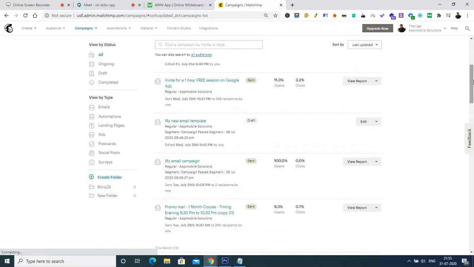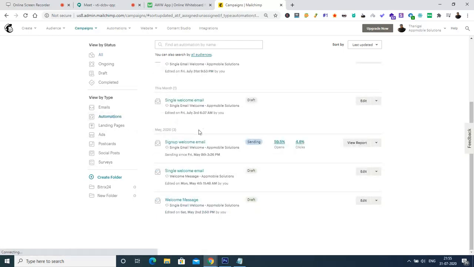Okay, so in this particular campaign option, I have the option to view emails, automations, landing pages, ads, postcards, etc. So right now I'm going for the automations option. In this automation option, I had created